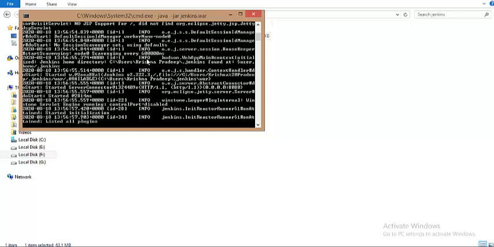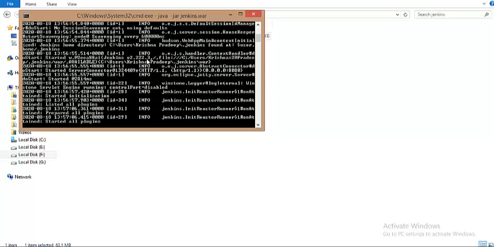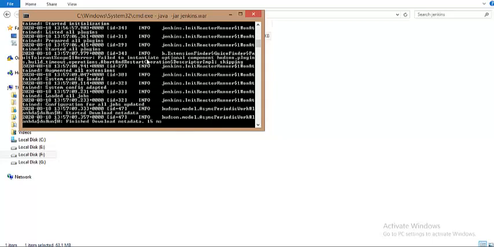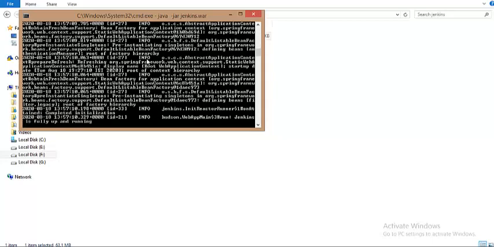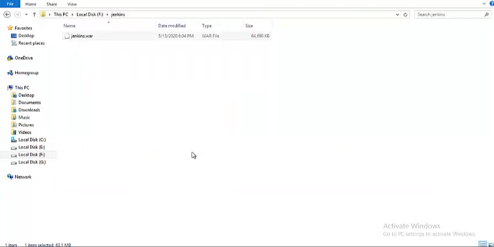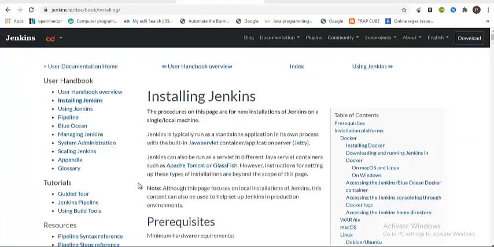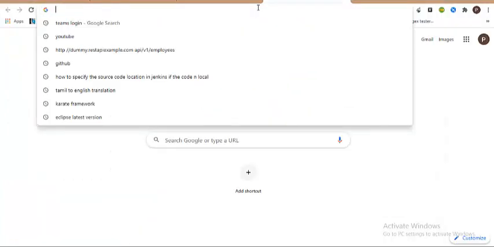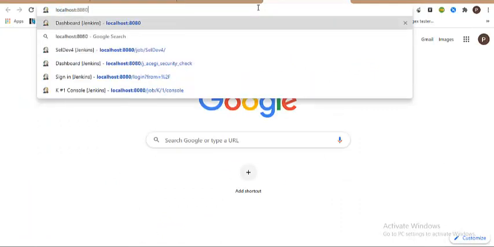Once you notice the command saying that the Jenkins server is fully up and running, you can invoke this Jenkins tool from port 8080, and from there you can go and configure a project. You can see that Jenkins is fully up and running. By default Jenkins starts on port number 8080, or else if you want to start Jenkins on a specific port, you can do that as well. Since I want to run this locally, I'll just give localhost:8080.